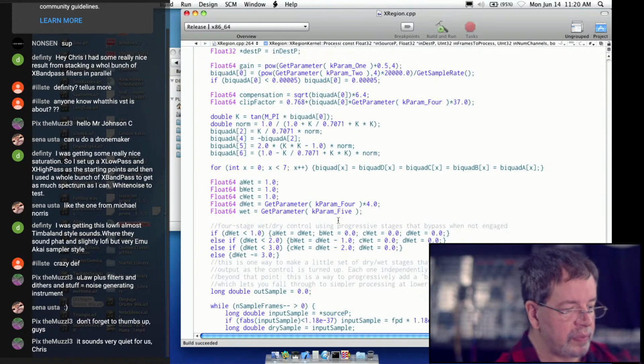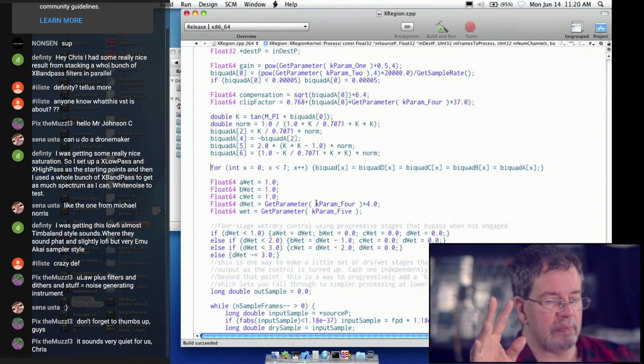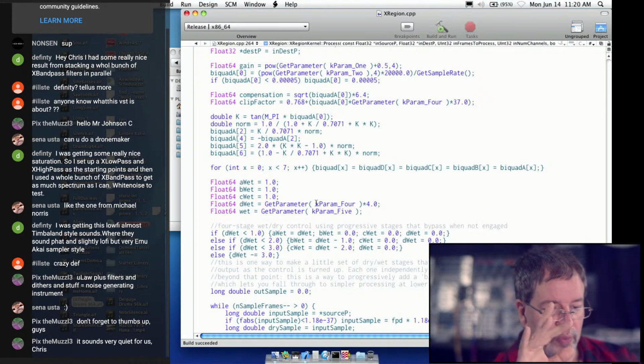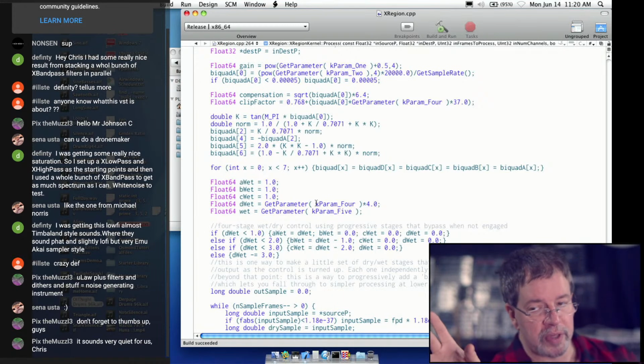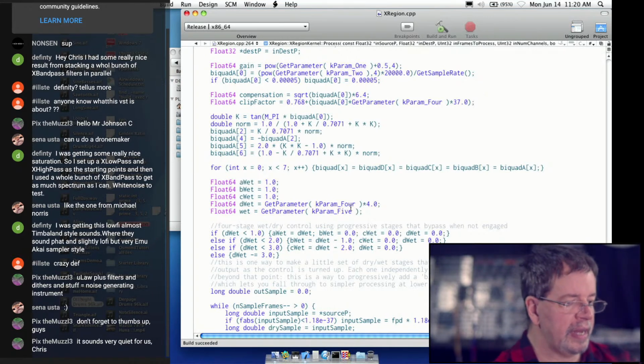But we are getting a fairly even spacing between only 1 pole on one end and 5 poles on the other. Now, region is only really going to make sense with multiple poles, so I kind of have to see how that works. And I think the first thing we're going to do here is